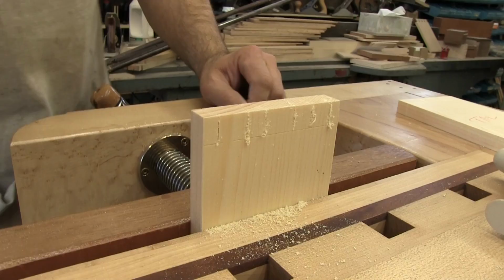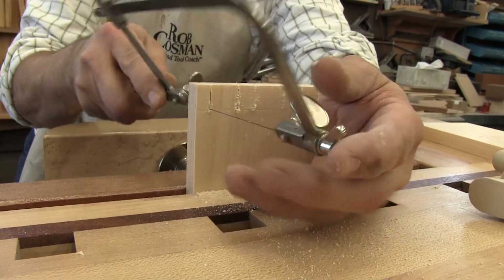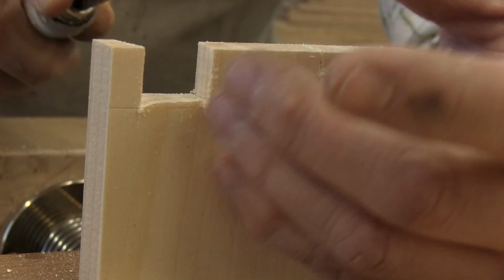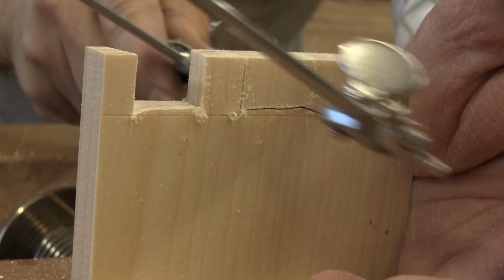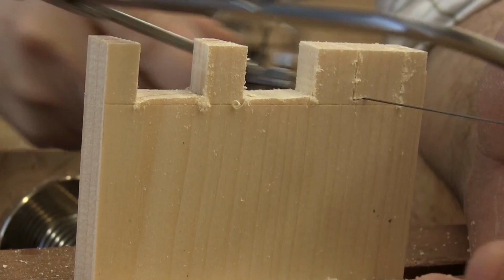Right, now I'll use my fret saw, drop down to the bottom, and saw as close to that line as I can get without going below, obviously. The reason I say saw as close as you can is because if you have to saw to remove the bulk of the waste, the better job you do at sawing, the less you have to